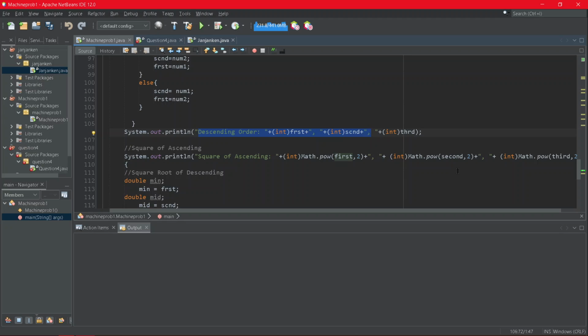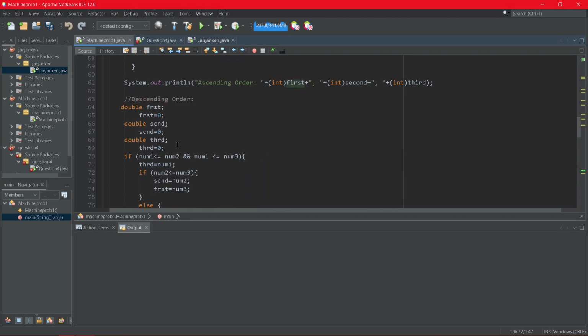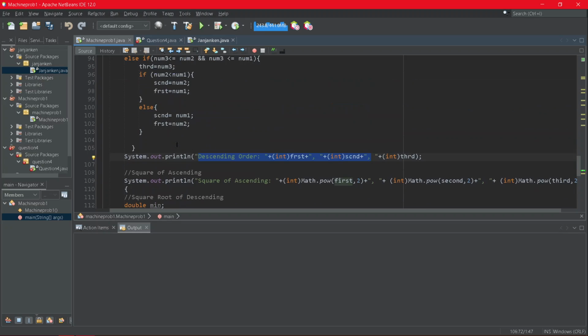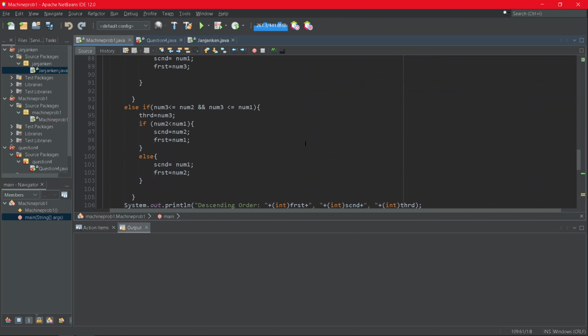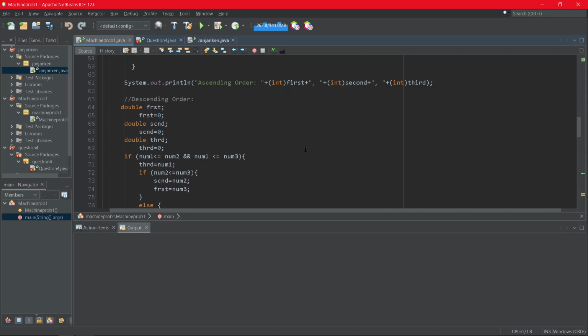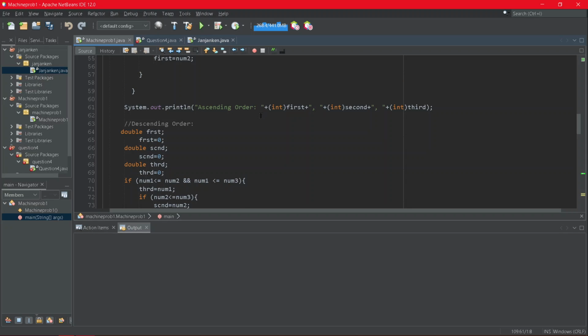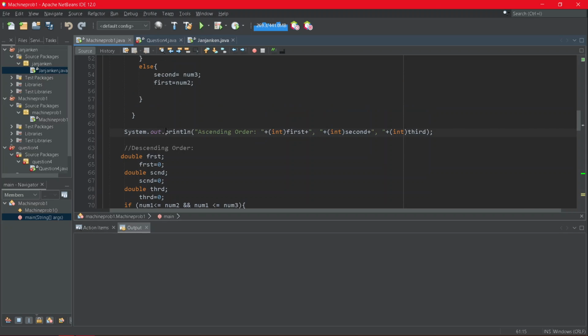So we don't need to put another code to distract the other formula, and it is less hassle. You need to put math pow so that it is directly into the ascending of the order, which is given here.